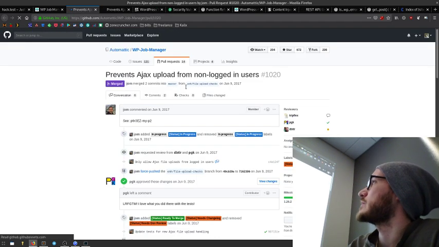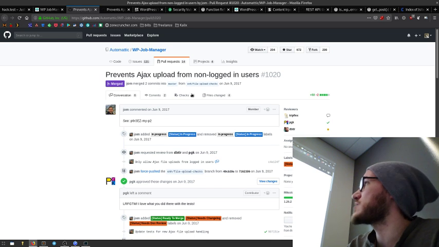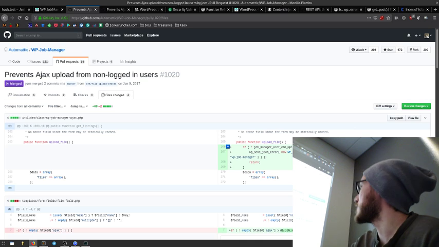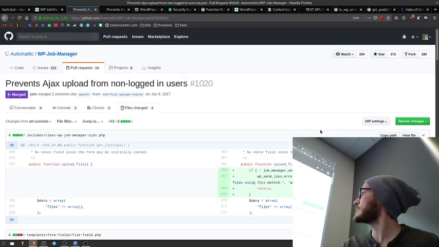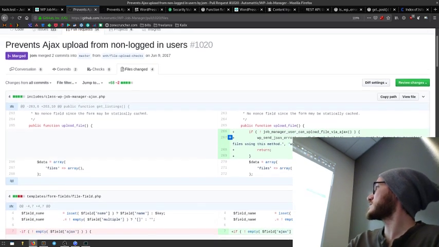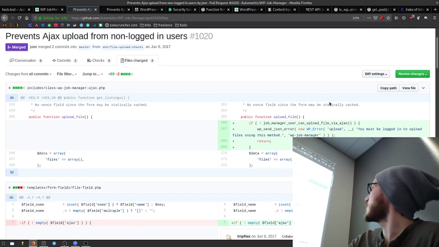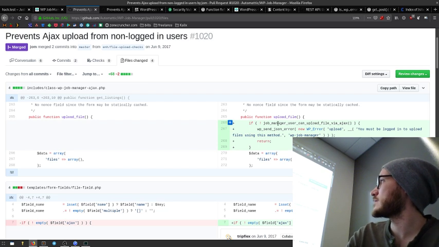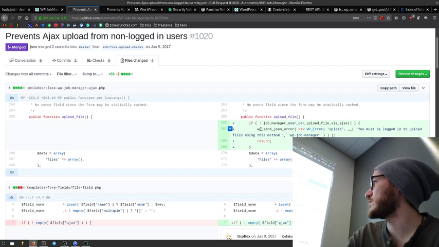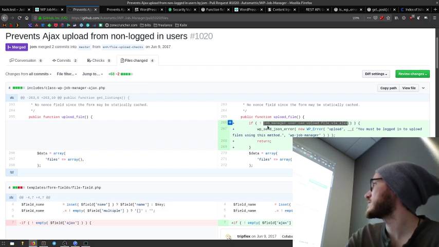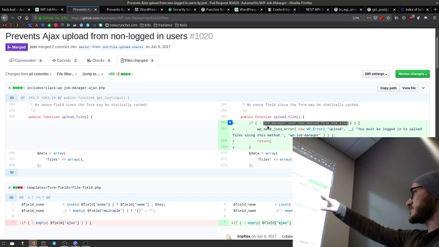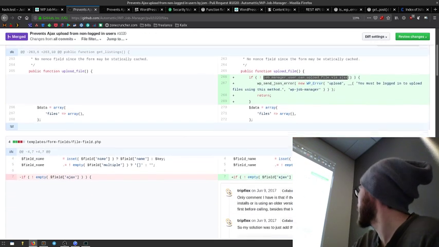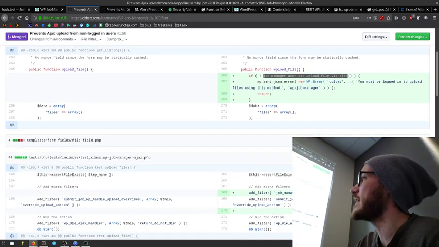check. Okay, so here is the commit where they patched the problem on GitHub. So you can go and pull this up yourself if you want. I don't know if you can see this. So here's the upload file function. And what are they doing? At the very beginning, they've added 4 lines. And in it, they're calling this function Job Manager user can upload file via Ajax. Which, if we want to see what that did,